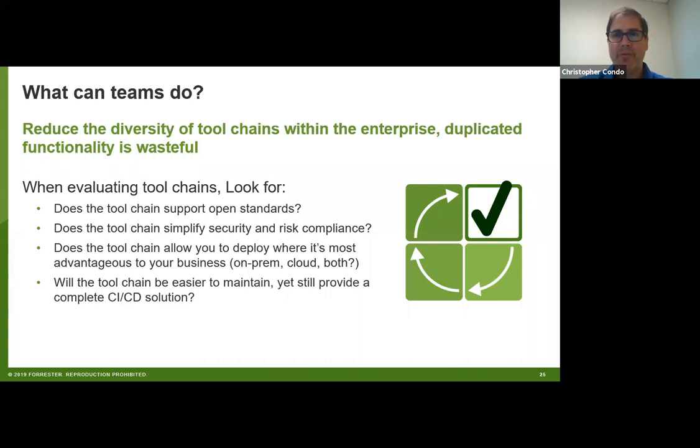There might be perfectly good reasons to have 2 or more tool chains if you have 2 or 3 distinct tech stacks, but maybe within those tech stacks, you don't need to have 2 or 3 tool chains. Or better yet, if you can find a tool chain that can handle all your tech stacks, maybe you don't have to worry about that. And so,